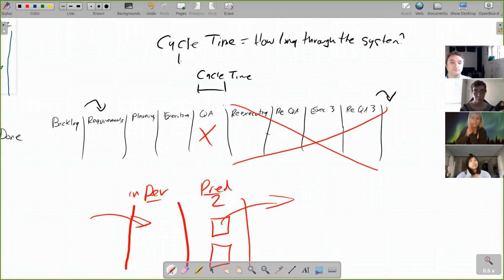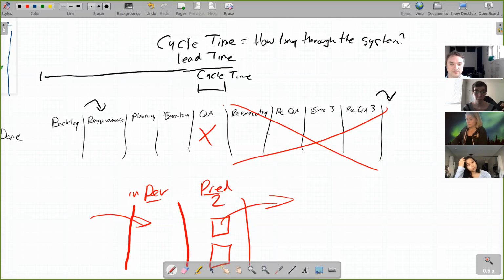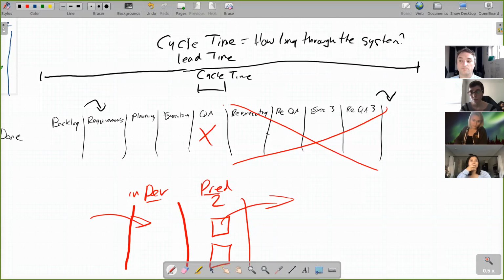Lead time is how long from when something enters the backlog to when it exits. How long from when somebody buys the diapers at Walmart until there's new diapers on the shelf. That's lead time. Both of them are measures of flow, and we're trying to get both of them down as much as possible.